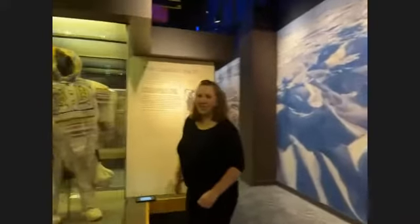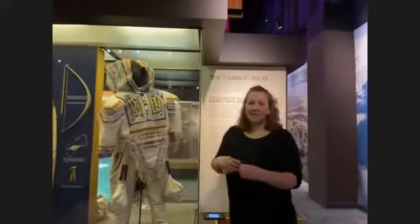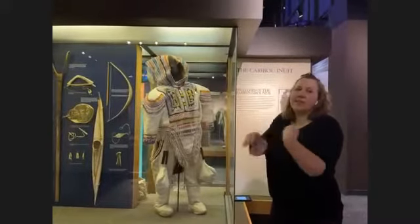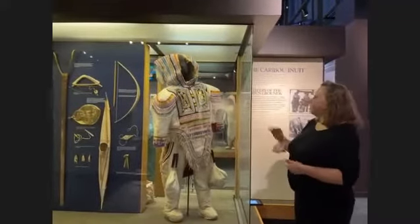So here is a summer parka called a mumauti. This one is a little different because it's summer. It doesn't need to be really, really warm. You don't need the fur on the outside and on the inside. So you just see the fur on the inside. And as you can see